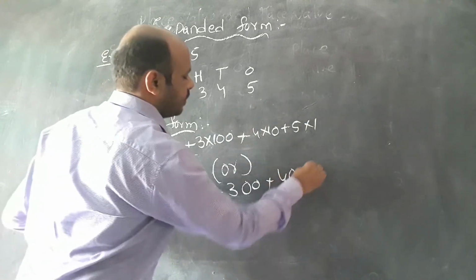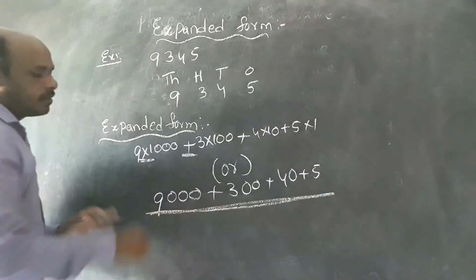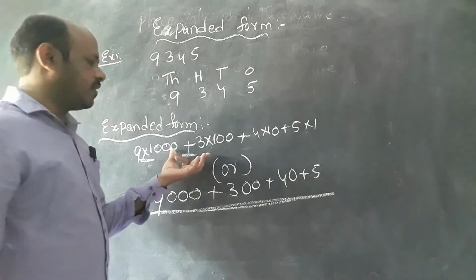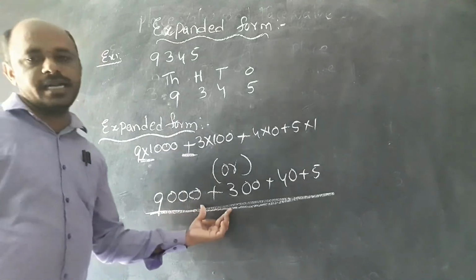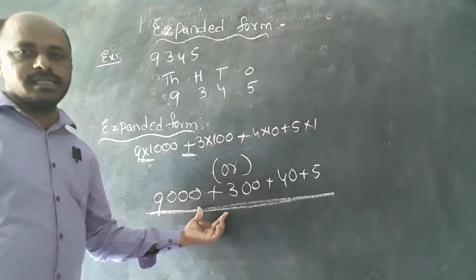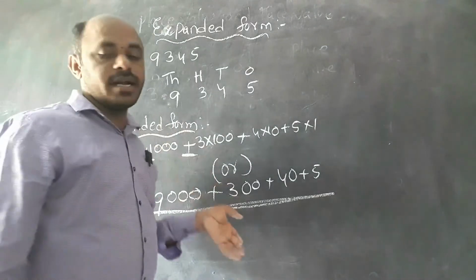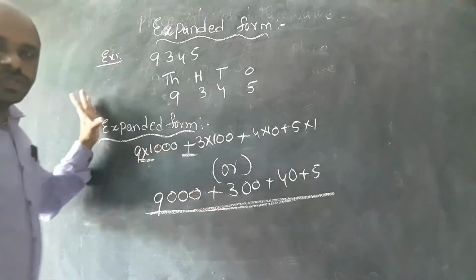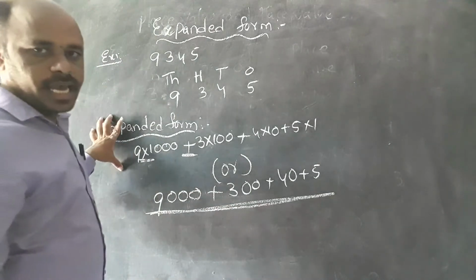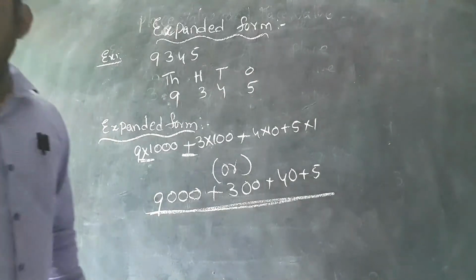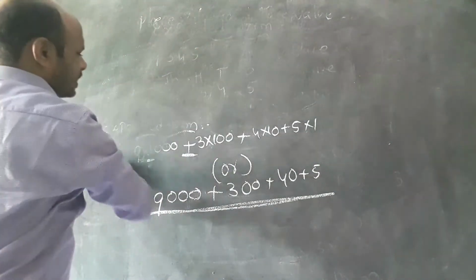Plus 1. We will write this method because we can write it directly. The other is a long process method. This is an easy method for us. Directly you can write the expanded form like this. Isn't it clear, children? Okay. See, writing the number name one time and the expanded form another time is a so lengthy process. So these two methods we explain in one method only. We will write the conclusion of both methods in one step only.